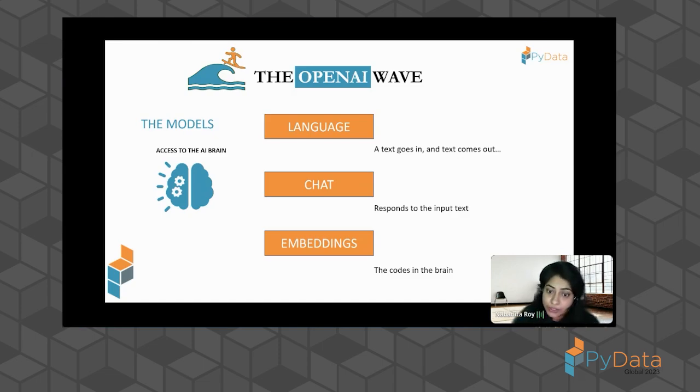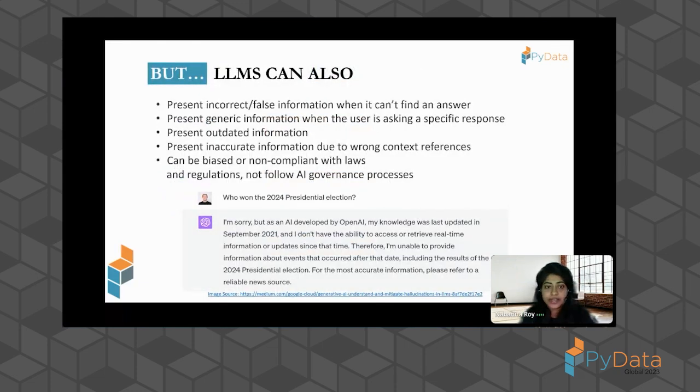So these embeddings are also accessible to us, from OpenAI and from Hugging Face as well. Hugging Face is another repository of all the different other generative models, LLMs as well. It has all different kinds of language models, chat completions, or even just generating embeddings. It has a repository of all that, but today we will concentrate on OpenAI. So yeah, language, chat, and embeddings, three types of it.